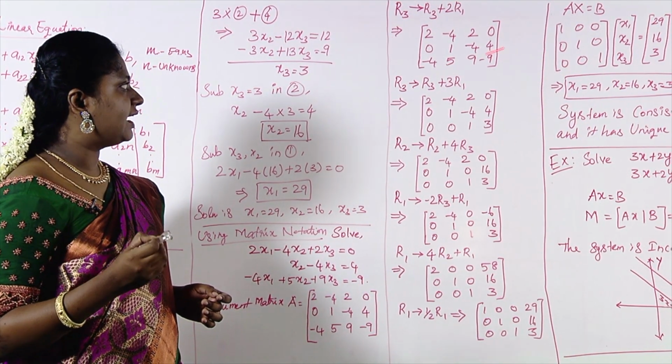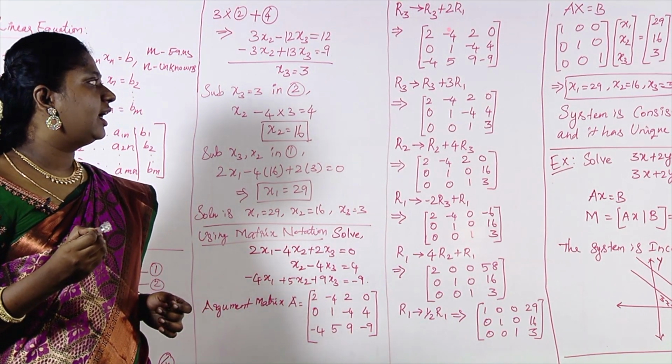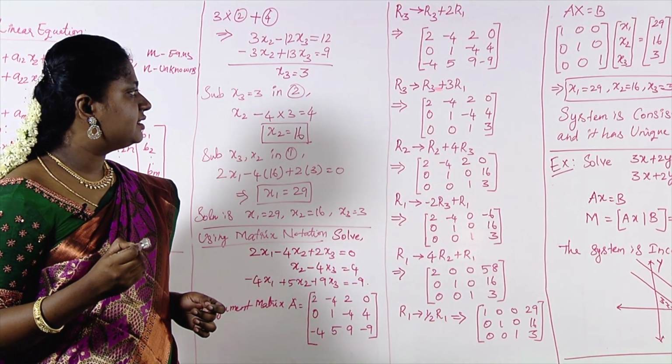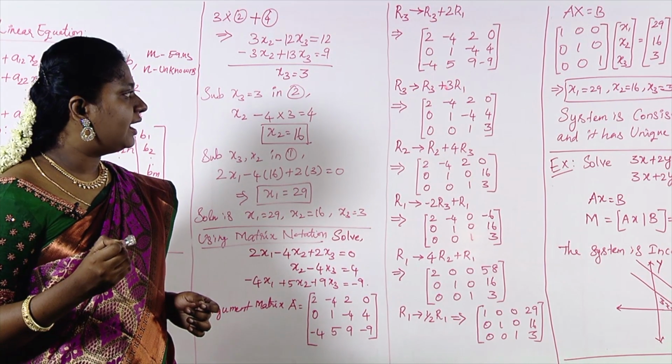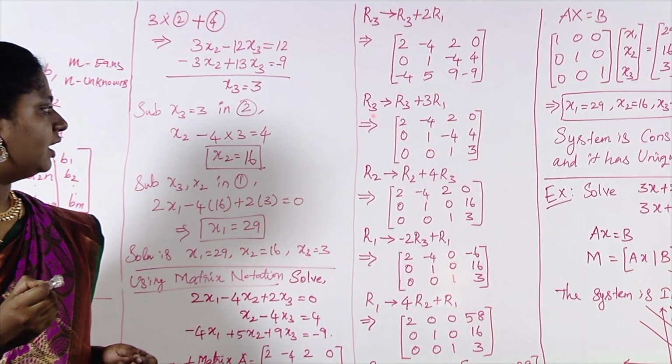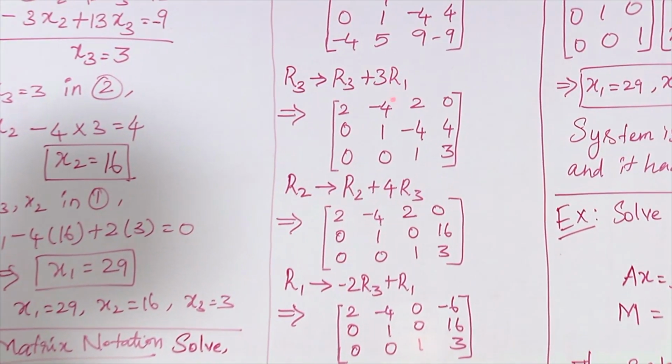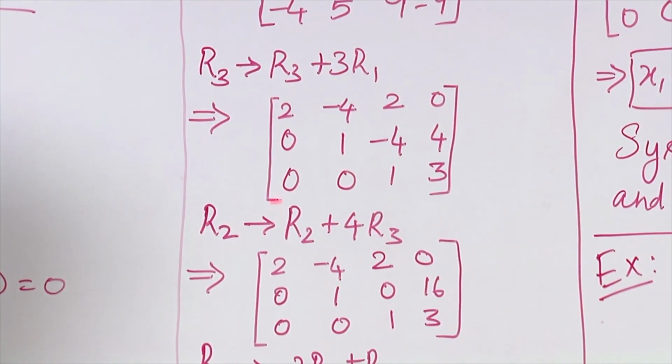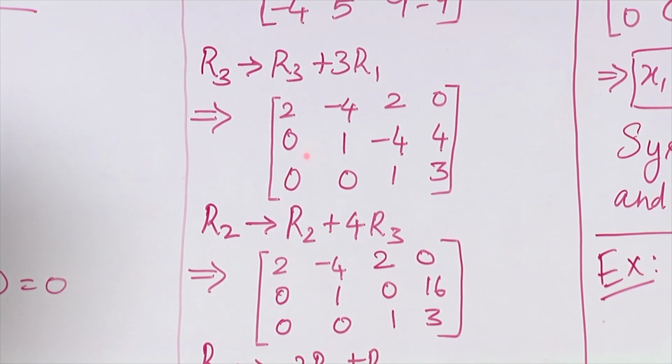And after finishing this step, I am going to again change R3, I am going to add R1 multiplied by 3. R3 gives R3 plus 3 R1, that is giving me this matrix. As you can see here, this is an upper triangular matrix, all the entries above the diagonal have values. So, I have 0 0 0 here, and then I am going to change R2